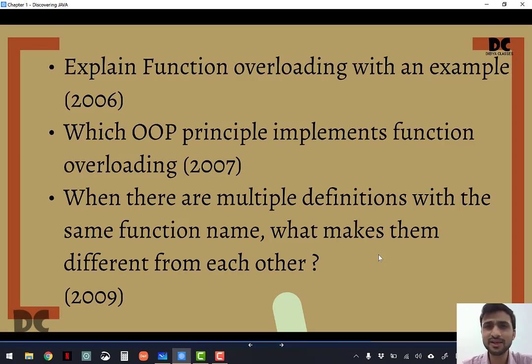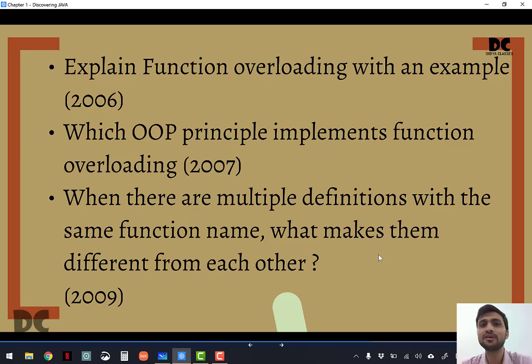For an example, you can say in your class 9 section C, there are 3 guys whose name is Praveen, but the unique parameter is their roll number. So same name but unique parameters. The unique parameter here is roll number. So this is an example of function overloading, and this concept is known as polymorphism.